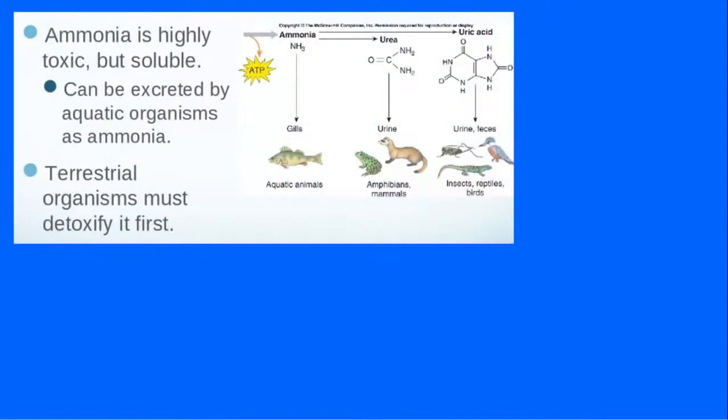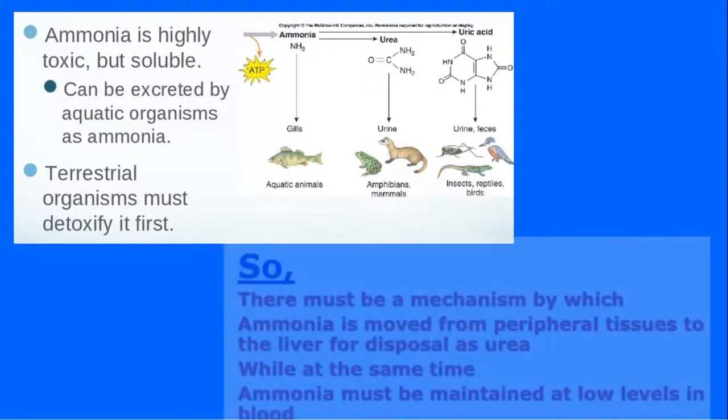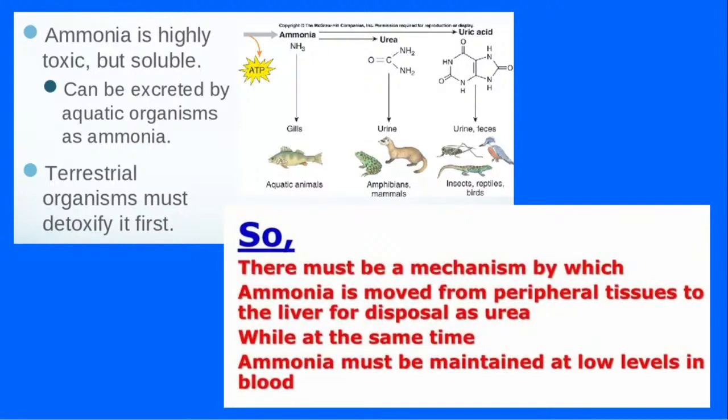As we said, ammonia is highly toxic but soluble, so it can be excreted simply without changes only by aquatic organisms, but terrestrial organisms must detoxify it first, convert it to something which is not so toxic, but, for example, as urine, also soluble. Excretion in water is the main pathway to excrete bad products of metabolism from the organism. So there must be a mechanism for how ammonia, which is produced inside the cell,